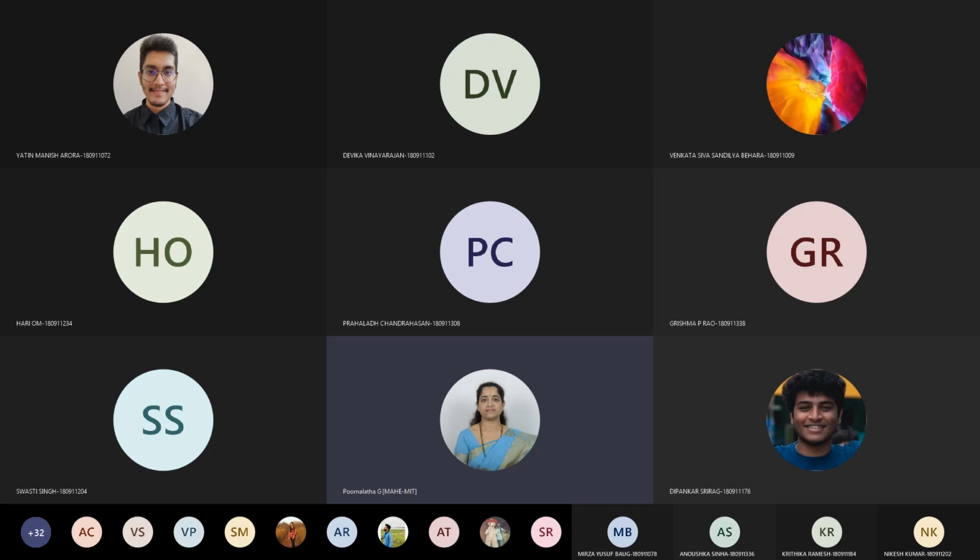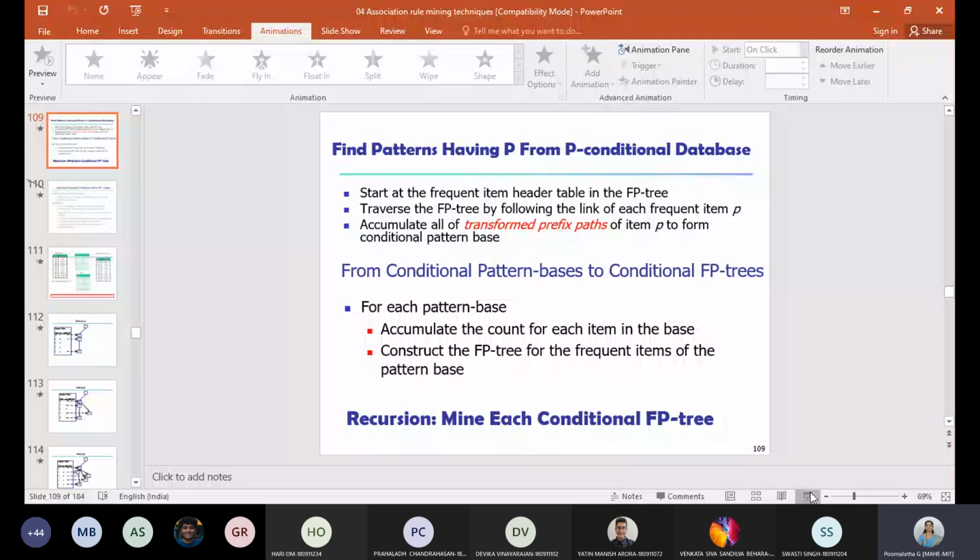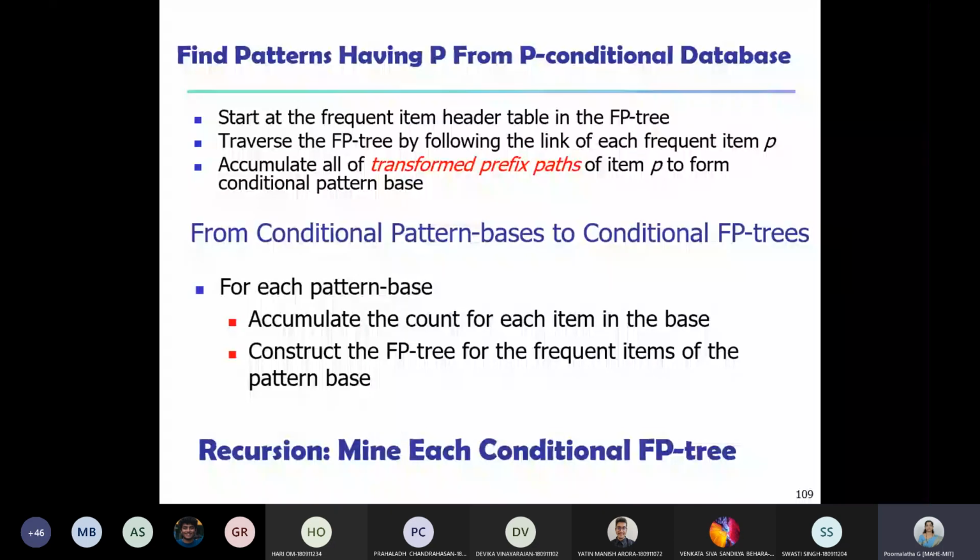So just quickly go through these steps once again for your reference. Last class we constructed the FP tree, and I was discussing how to get the frequent patterns from the FP tree. Given an FP tree, we take each of the items from the header table from bottom to top one by one, and we get the prefix paths for each item, which is called the conditional pattern base. So consider the conditional pattern base itself as a database and then construct the FP tree. That's what we are trying to do.